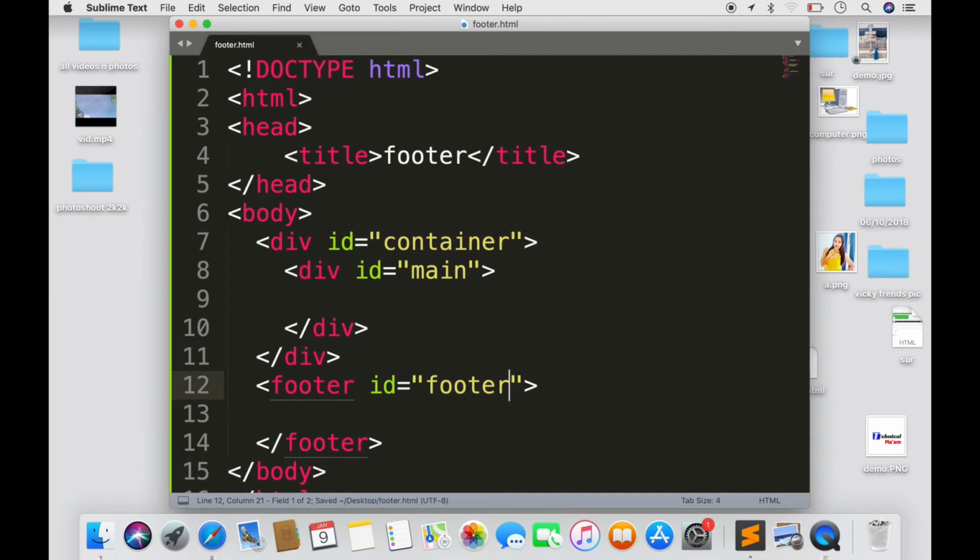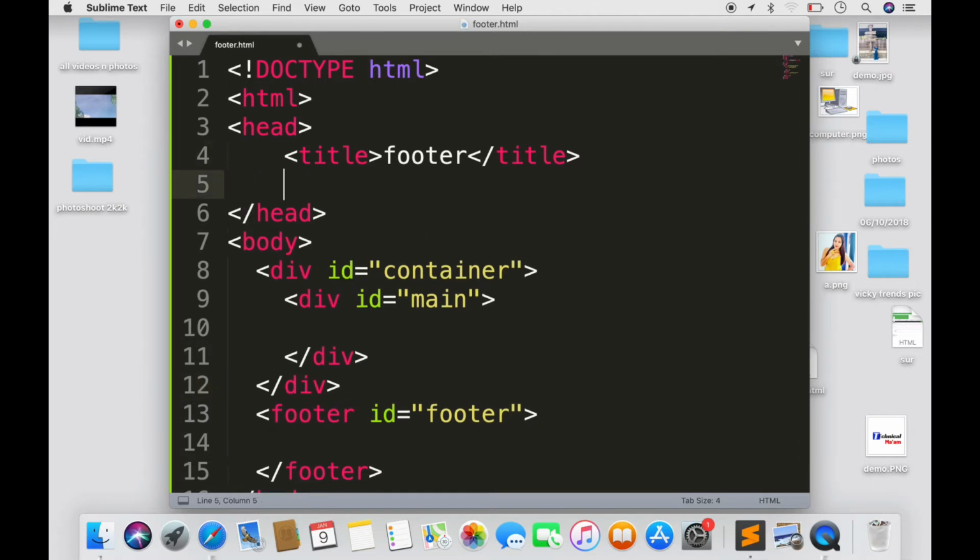So what we did here, basically the first div we call container is going to be 100% height of the browser. So right now the container takes the entire height of the website browser. Otherwise the footer would jump down low when we open up the website. So the second div inside the container is going to hold the content of the website.